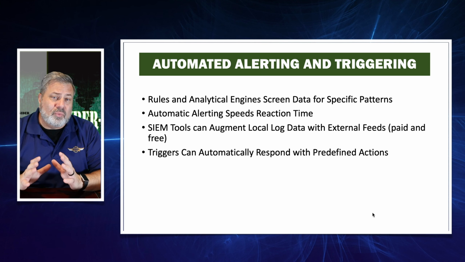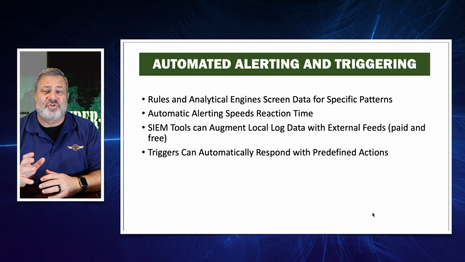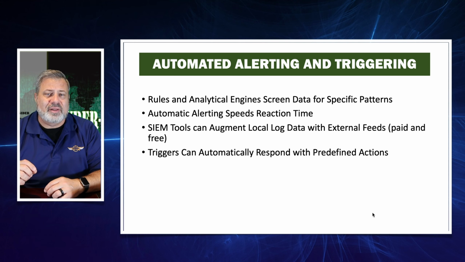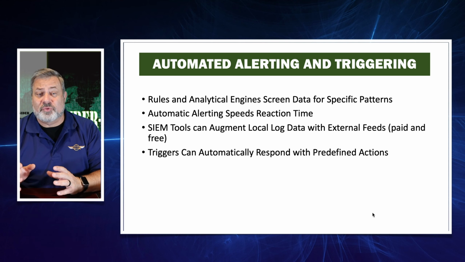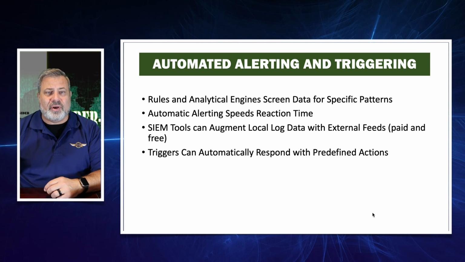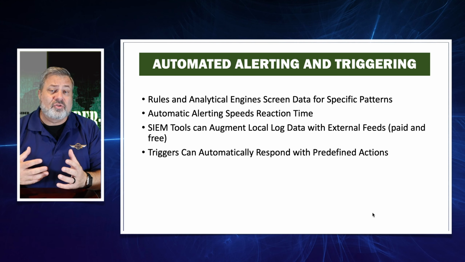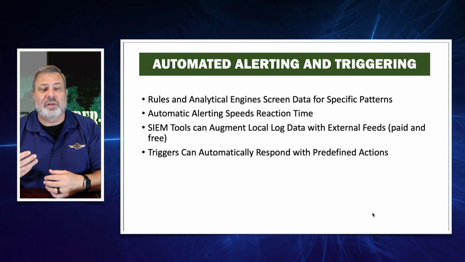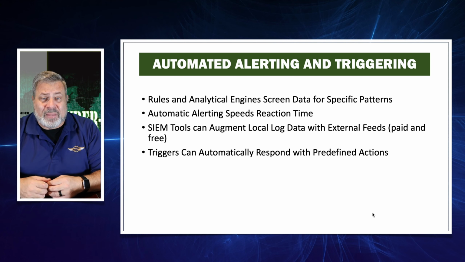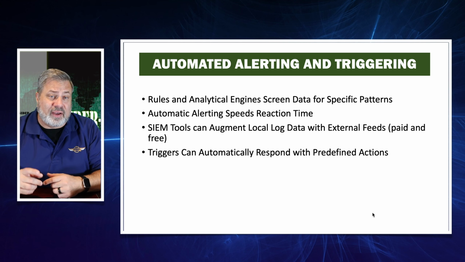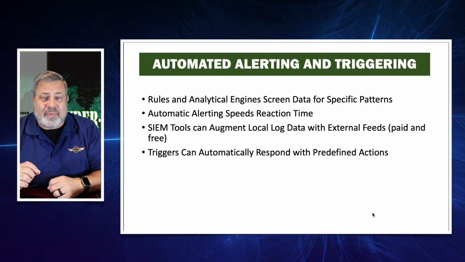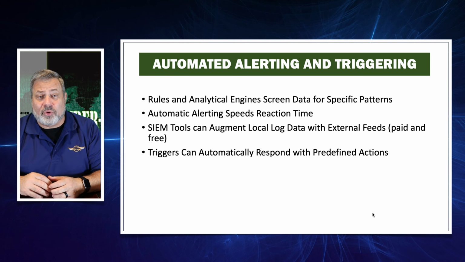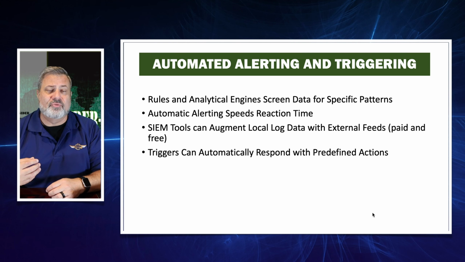With a SIEM tool, we can develop automatic alerting and triggering. Rules and analytical engines screen data for specific patterns. Similar to what your antivirus program does, it looks for a pattern, and if it sees something that looks malicious, it will alert security personnel. The old adage, if it walks like a duck and talks like a duck, it's probably a duck, applies here. Automatic alerting speeds reaction time because the system doesn't wait for a person to interact before it